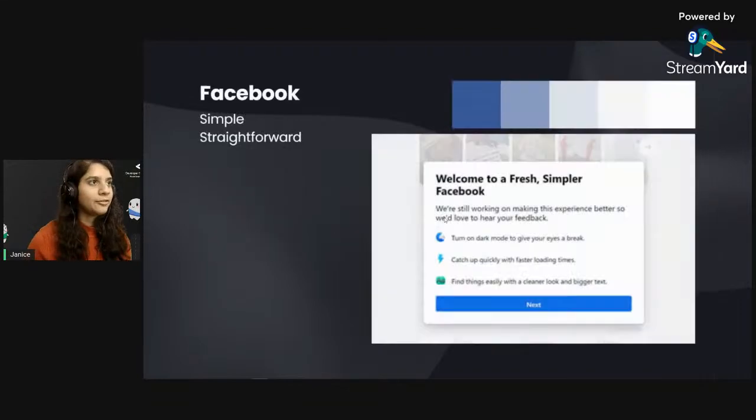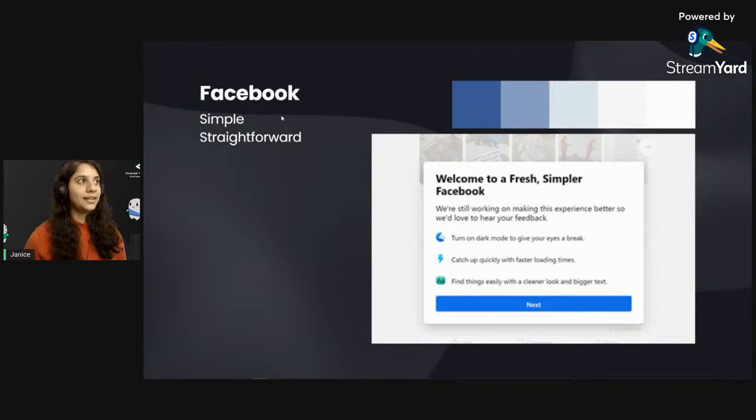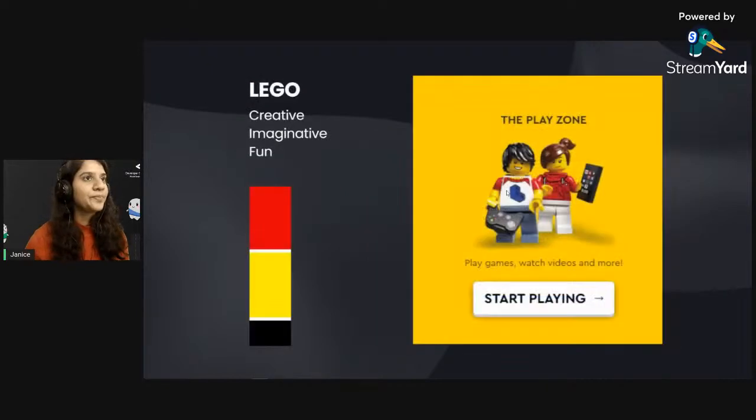So here I have. Okay, so Facebook, like you said before, it was blue. The values that they have are like simple and straightforward. The colors they use are simple. The text they use are all fairly straightforward. And like I said before, Lego, it's aimed for kids, right? So yeah, for children. So their brand kind of promotes colors and text which are really creative and